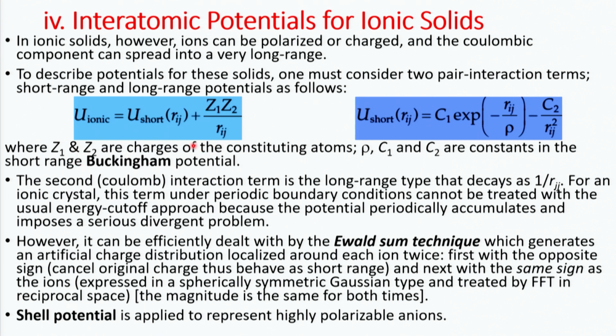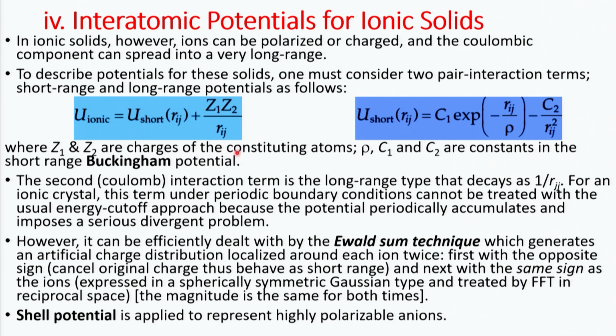Z1, Z2 are charges of these constituting atoms. Rho, C1, C2 are the constants in the short range Buckingham potential. So this is the Buckingham potential. So overall ionic potential will be Buckingham potential plus the Coulombic potential. This Coulombic interaction term is the long range type that decays, as you can see, as 1